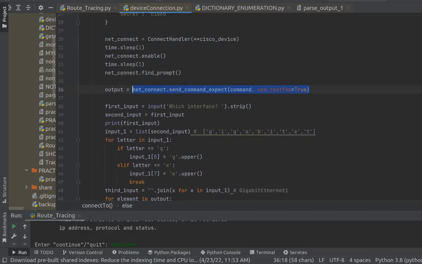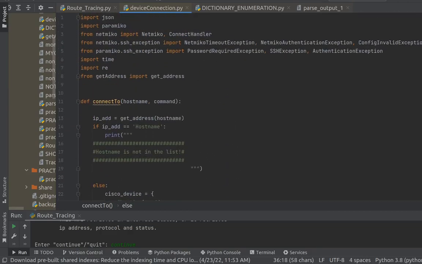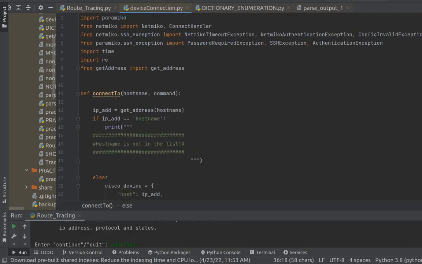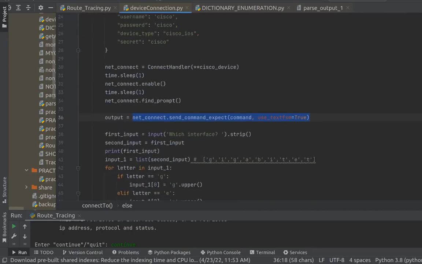So I'm looking for one interface, not when I do show IP interface brief, I'm looking for one interface using this command, right? So I'm still going to use the same code that I used in the last video, but